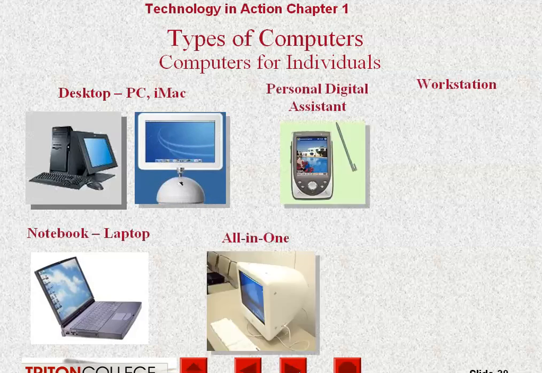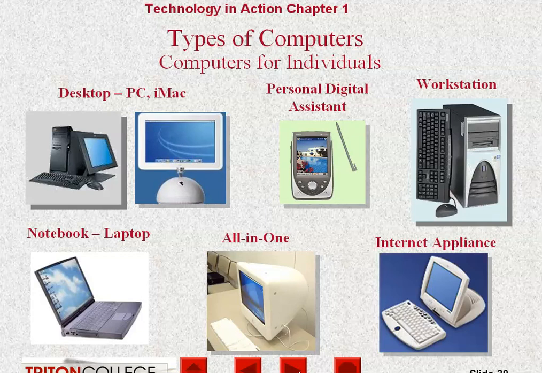Understanding technology means also understanding that there are various types of specialty computers. There are computers for individuals, various types of PCs, and we'll talk about that. The PC and the iMac are two good examples of that. Various types of smartphones and phones and PDAs. Various types of workstations, which are, generally speaking, a more capable, more powerful type of desktop PC. They cost more, they can do more.